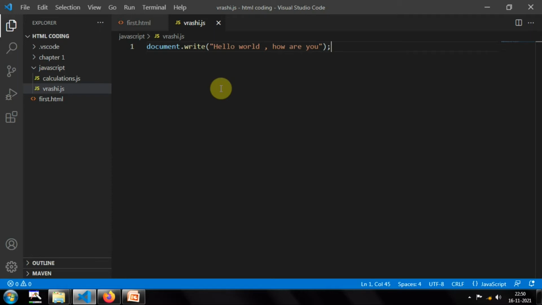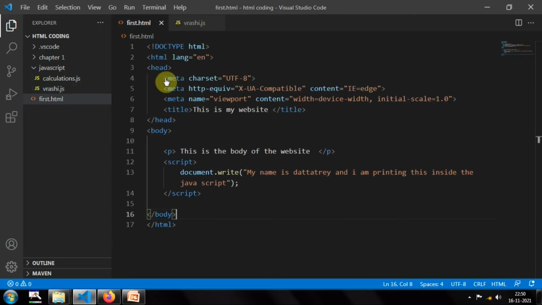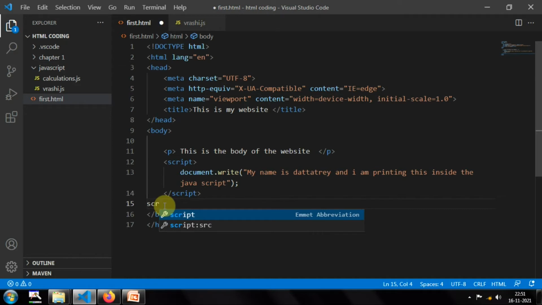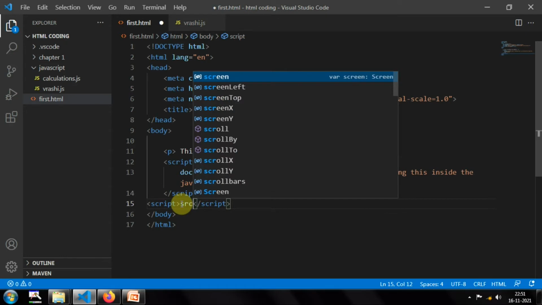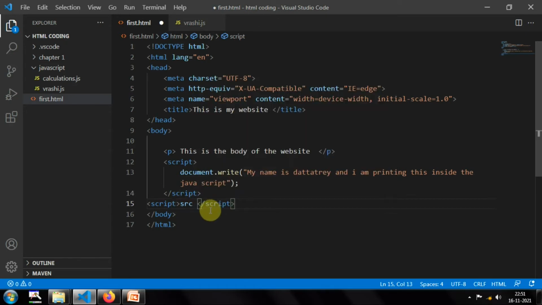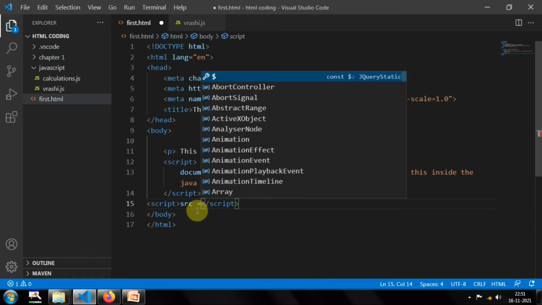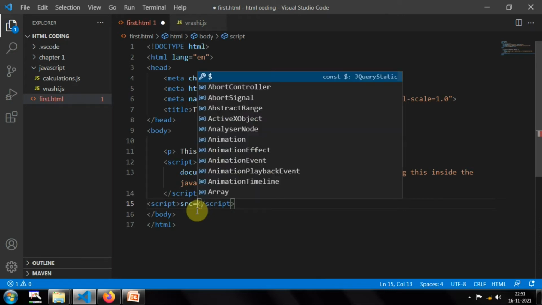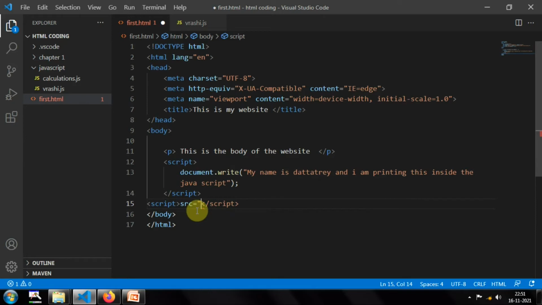So in order to do this, what I need to do is just go over here inside the body before the closing tag of the body. Okay, so this is the opening tag of the body, guys, right? And this is the closing tag of the body. Just before the closing tag, what you have to do is write something like this. Okay, write script. Okay, so script you have to write, then src equal to, and in double quotes